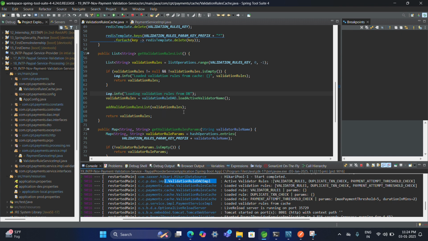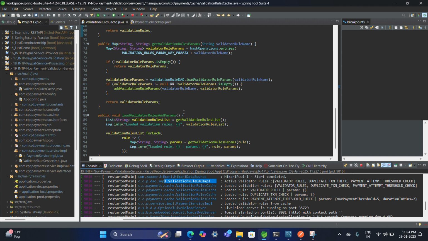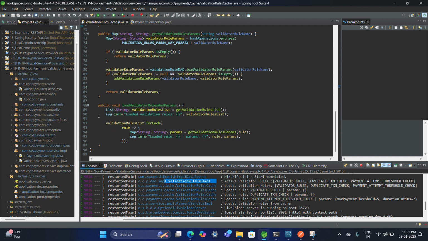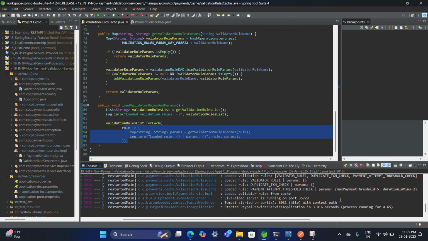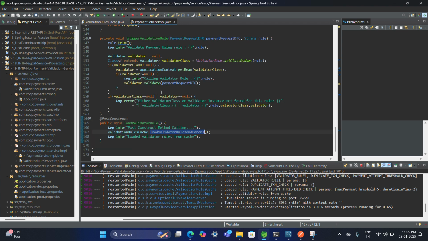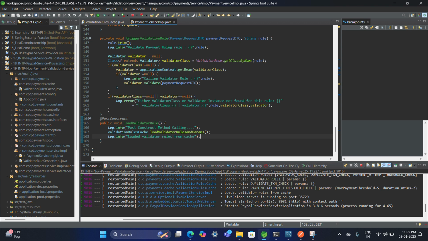After that, loading validator rules, loaded validator rules, this is executed. After that, loaded all the rules, these three rules, loaded one by one. Then the parameters are loaded, only one. Then after that, loaded validator rules from the cache, payment service IMPL, and the post construct method is executed successfully. And for the second request, it just calls,